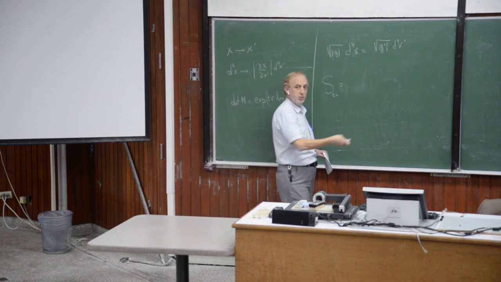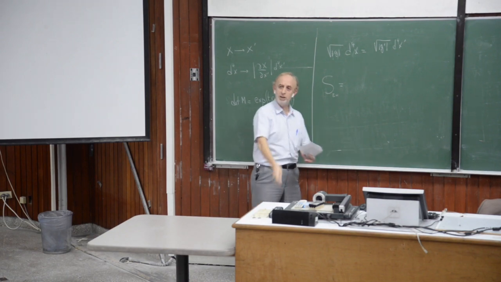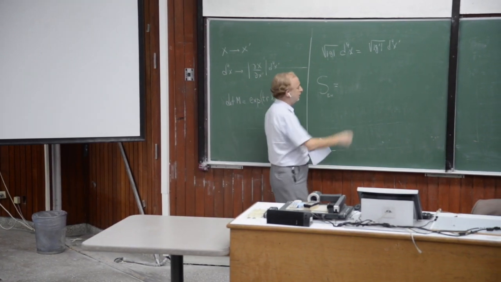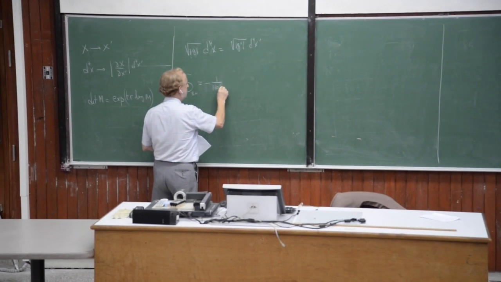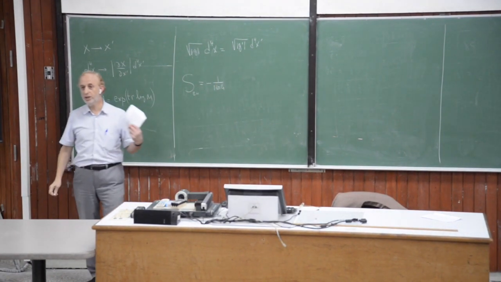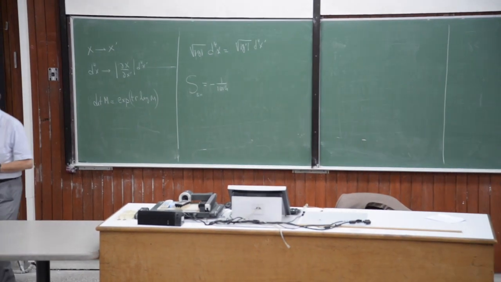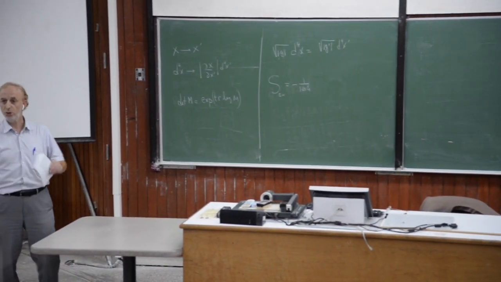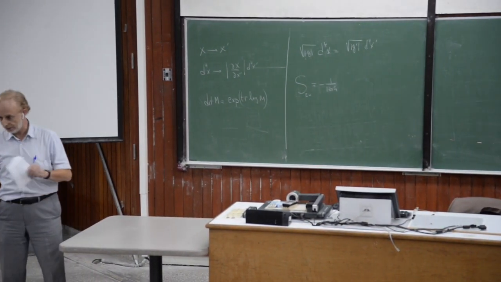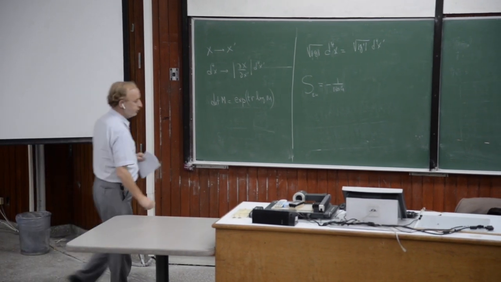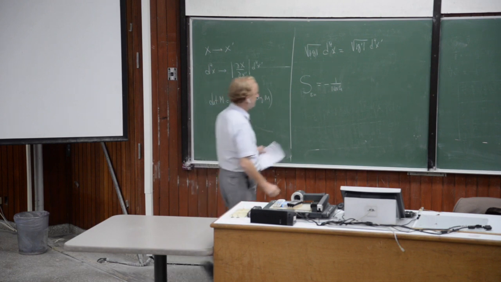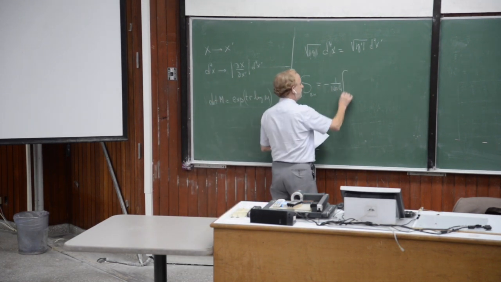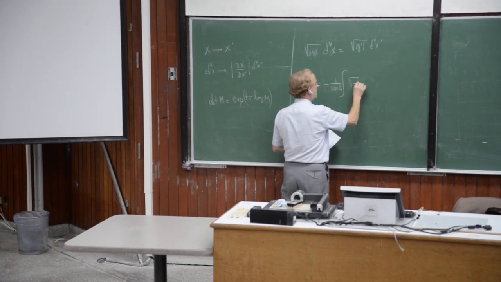A constant, which when you go to the non-relativistic Newtonian mechanics comes to be 1 over 16 pi G, where G here is Newton's gravitational constant, 6.67 times 10 to the power minus 11. And why it is so small, it's the whole theory behind. The integral, square root of minus g,